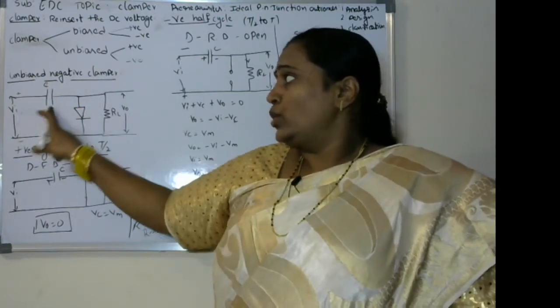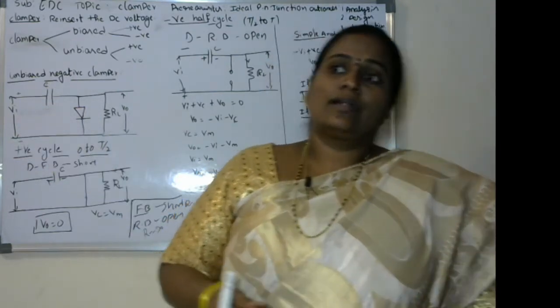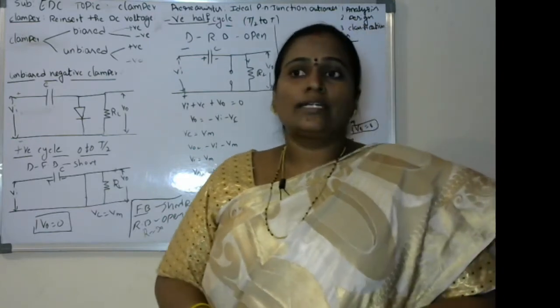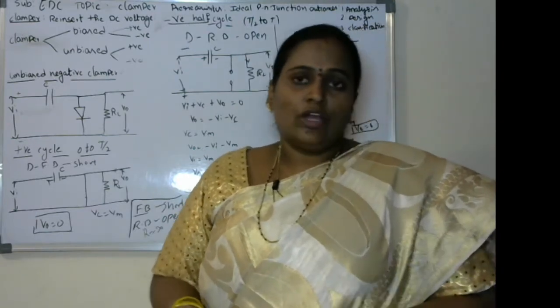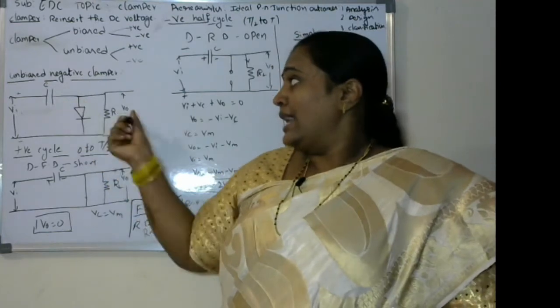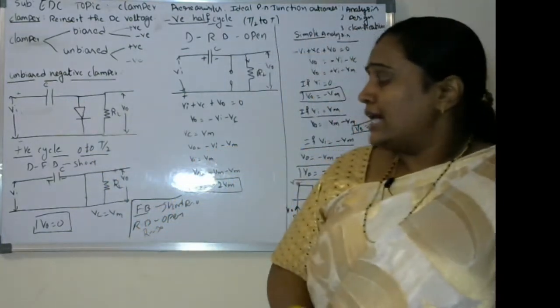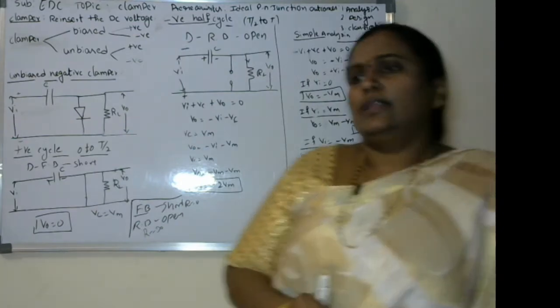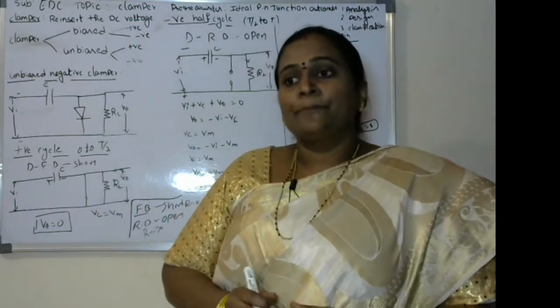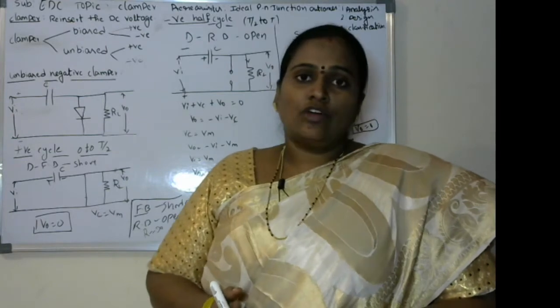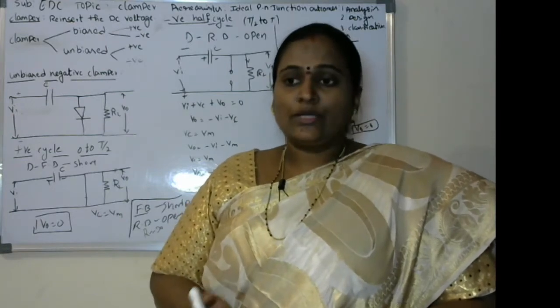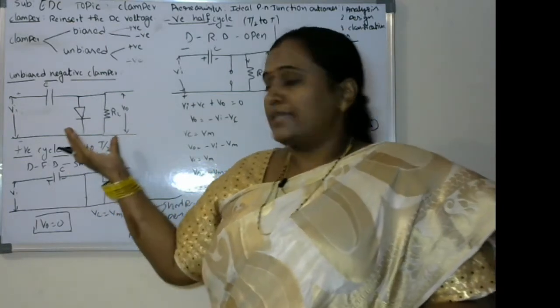Depending upon that, we can say whether it charges directly to the peak or not, and whether it discharges to the lowest level or not. It depends mainly on the R and C components used in the circuit. In this lecture we concentrate mainly on the analysis with the PN junction diode